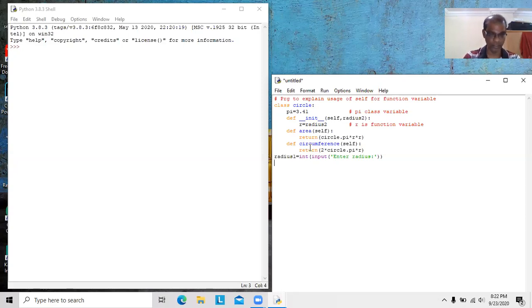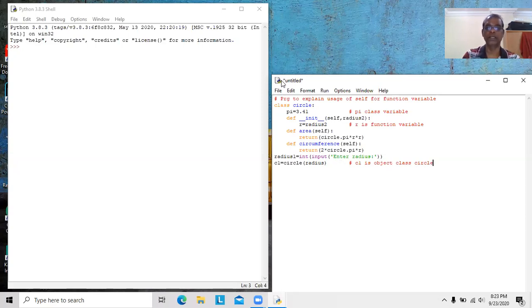So here we have to create one object for class circle. In this case, we have to pass radius. Here C1 is an object of class circle.